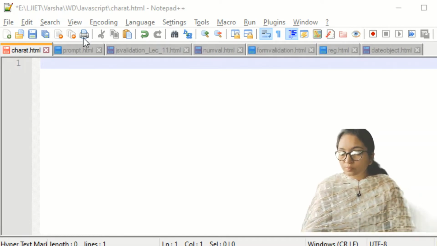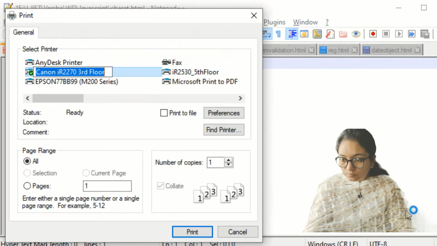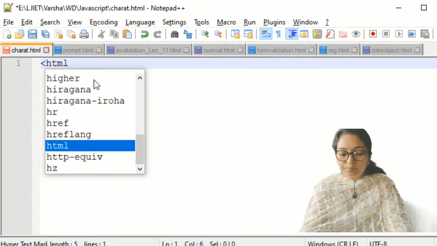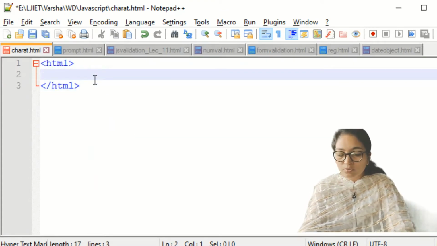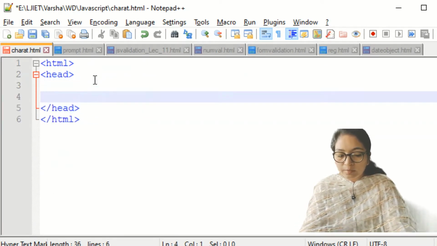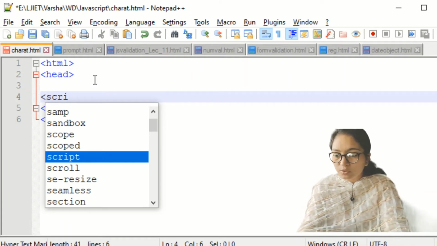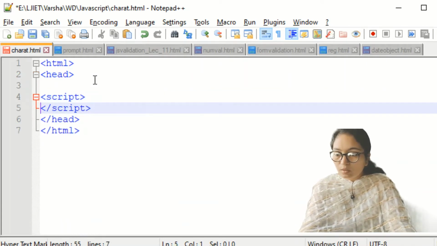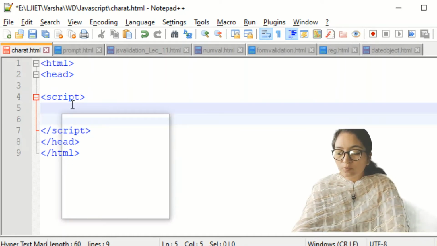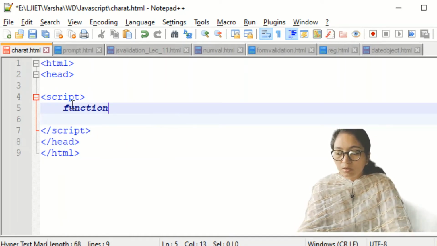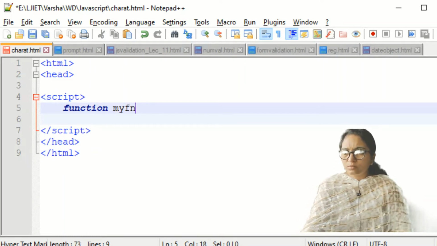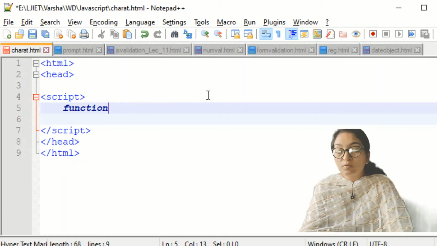In HTML, just write the head portion. Then in the head, write the script tag. In the script tag, we have to use the inbuilt function.